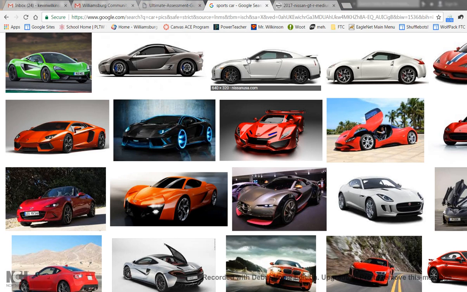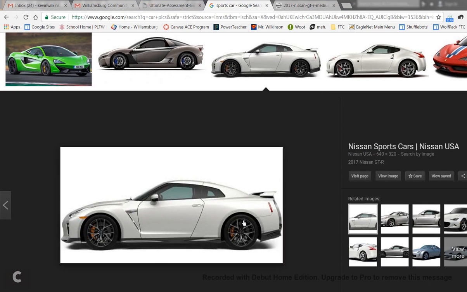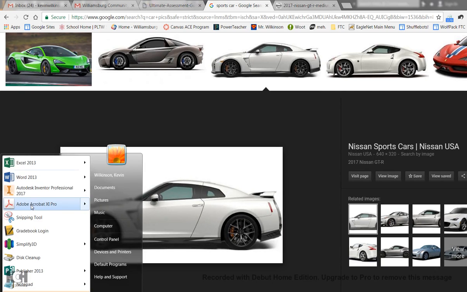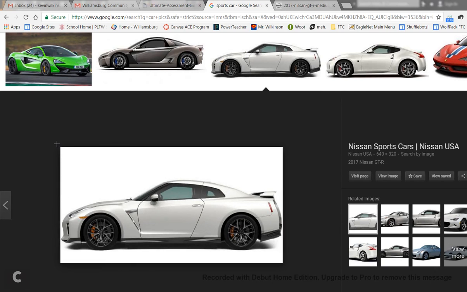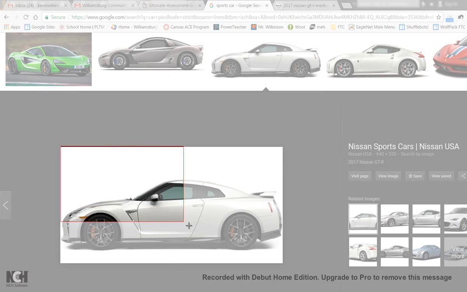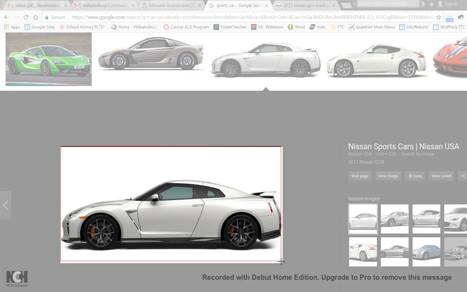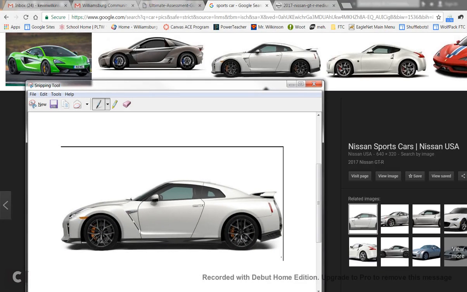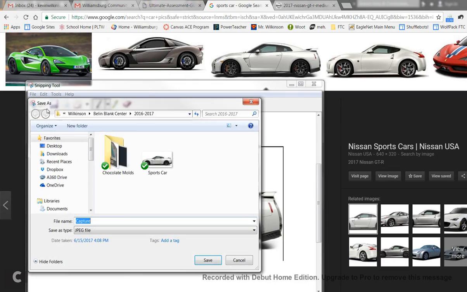and I'm gonna look for a sports car. So here I've got a picture of a sports car, and I'm just gonna kind of steal the side view of this. So when I go through, I can just simply use my snipping tool, grab my image. I can simply say save. I've already saved it here. Otherwise, go ahead and name it, save it,